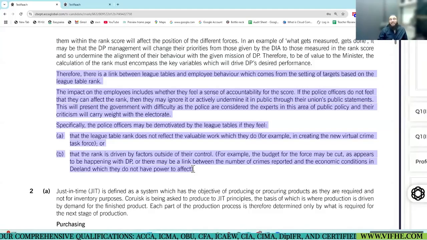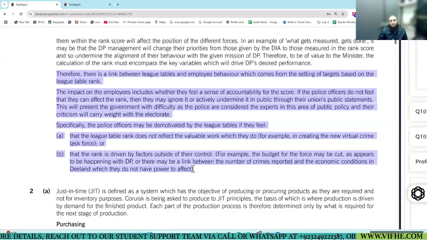It can affect their behavior negatively. If they feel things are out of their control and are being measured in the league table, they will be demotivated because they know their performance will be bad because things are outside their control. Overall, more crime in a city is not totally under the control of police.